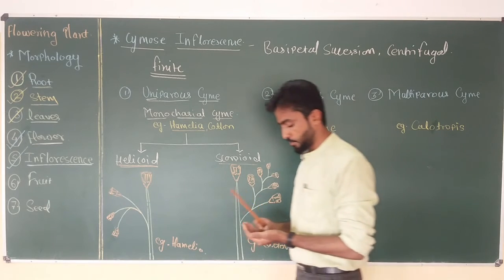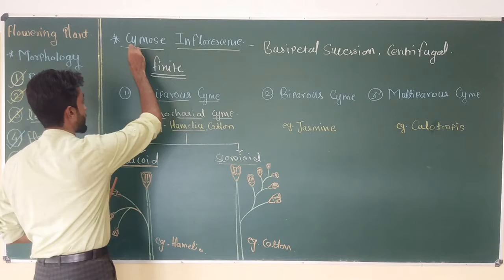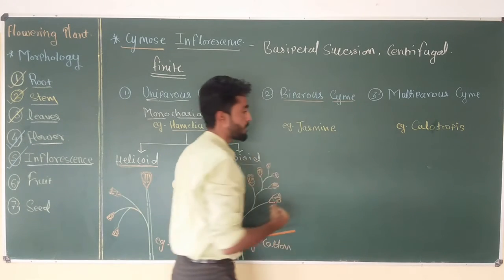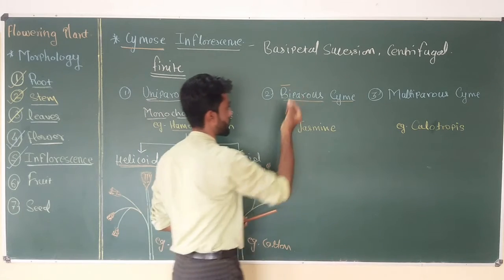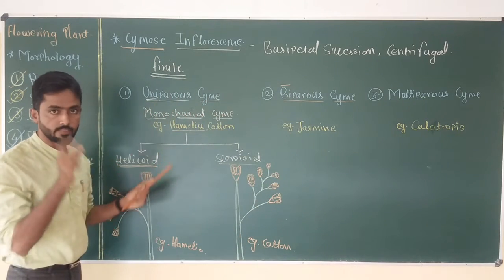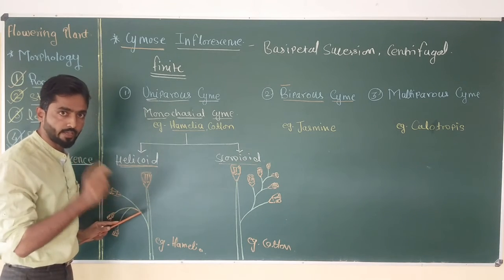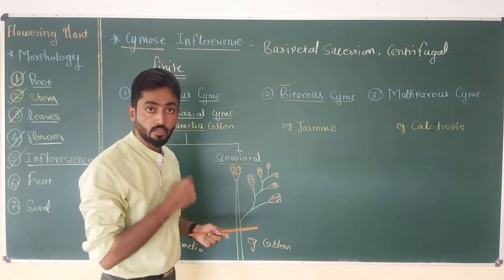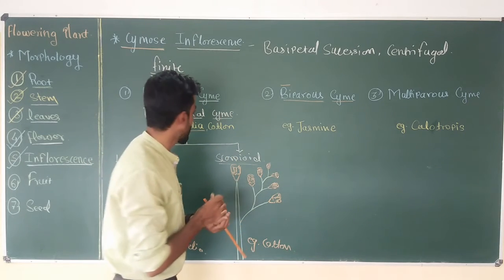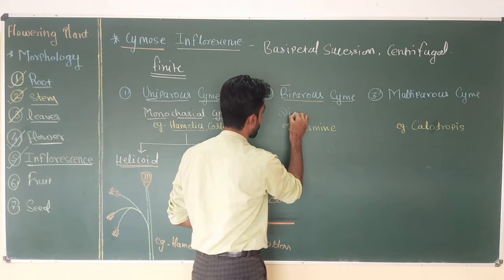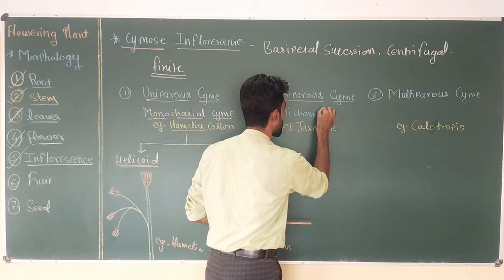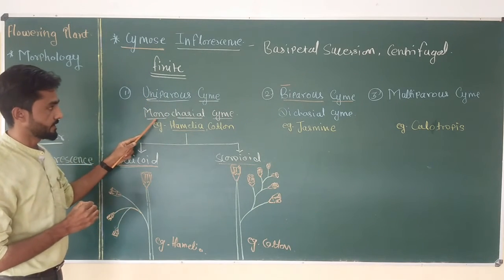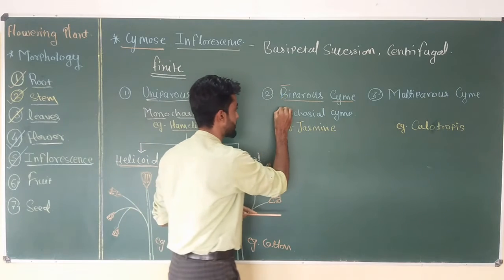Now the next type of inflorescence, which is a subtype of cymose, is biparous cyme. What is biparous? Bi means two. Okay, so in case of uniparous, a single branch is produced from the primary axis or main axis. Now in biparous cyme, two branches are produced from the peduncle. Okay, so it is also called dichasial cyme. The other name of uniparous is monochasial. Similarly, biparous is also known as dichasial.